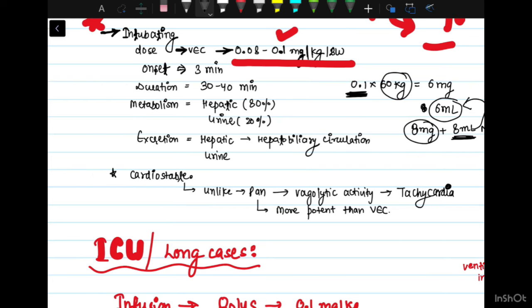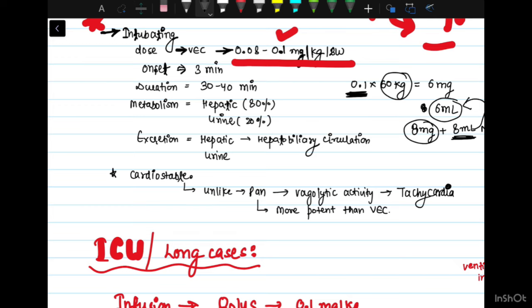After giving vecuronium, remember this is a very important step: you have to make sure that you are able to ventilate the patient after giving the induction agent, that is propofol, etomidate, or ketamine, whatever you're giving as induction agent. After you have given the induction agent, you have to confirm that you can ventilate the patient by bag mask ventilation. You have to close the APL valve and ventilate,